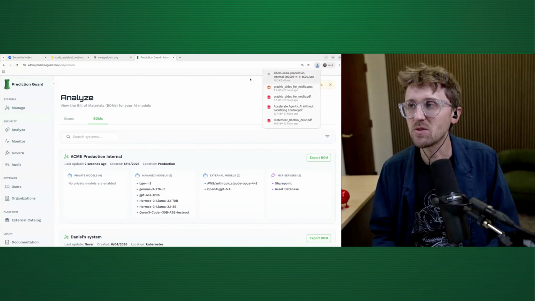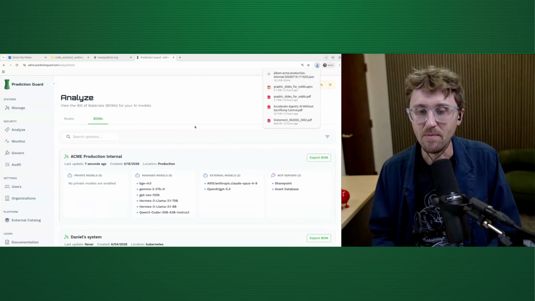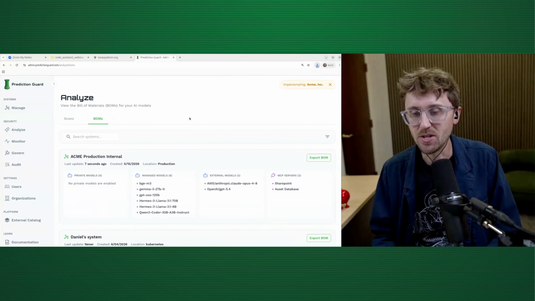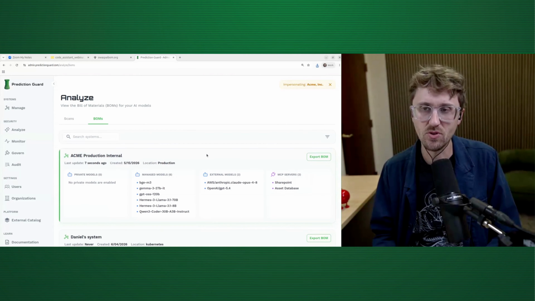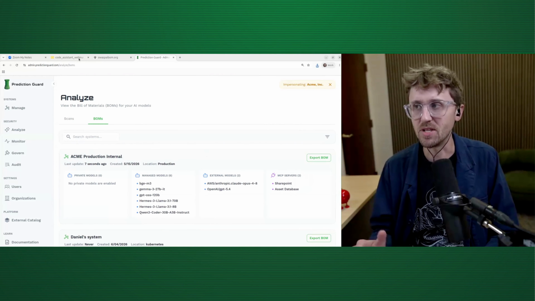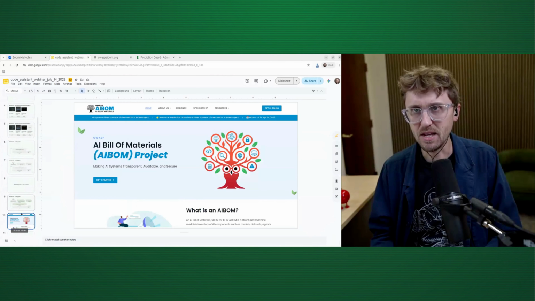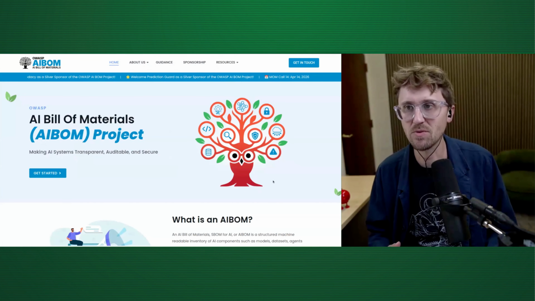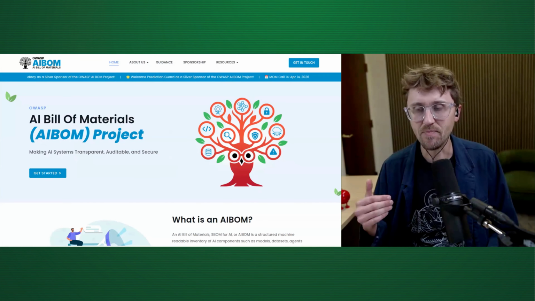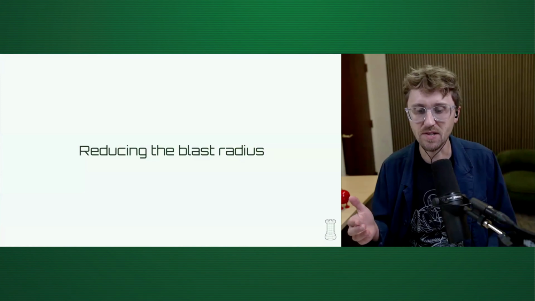And I can directly export an AI BOM in CycloneDX format, which is a kind of standard throughout industry for bill of materials sorts of things. So let me go back to the slides here. I encourage you to look at that. That bill of materials then would export things like which models you're using, which MCP servers you're connected to, et cetera, et cetera.